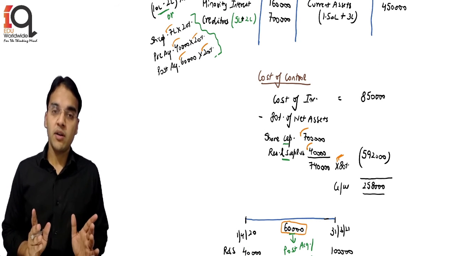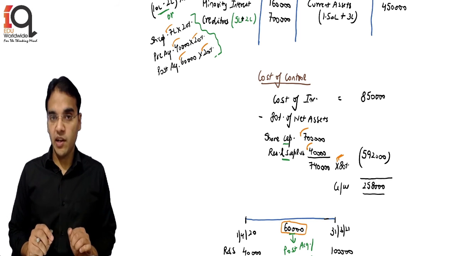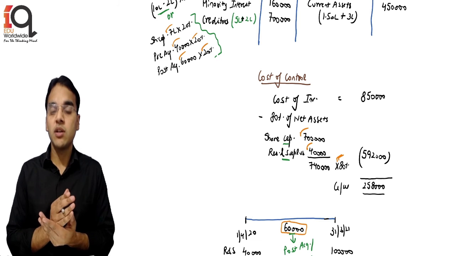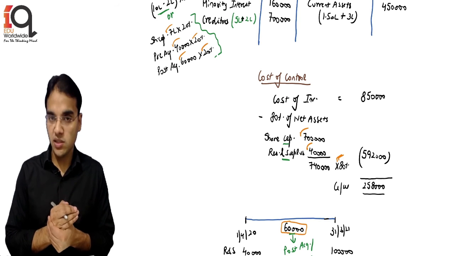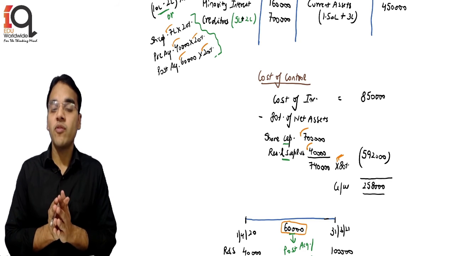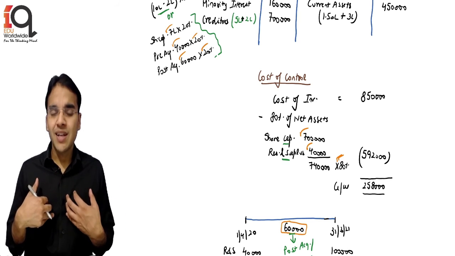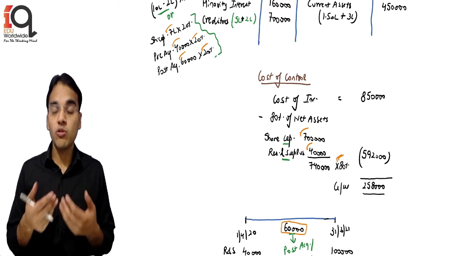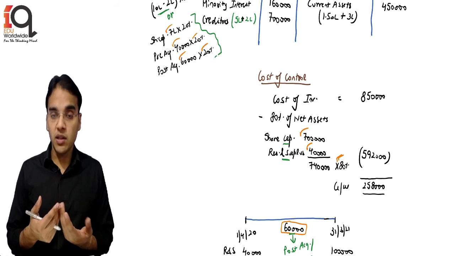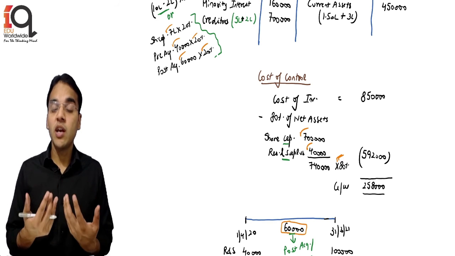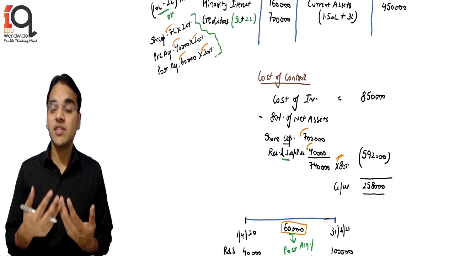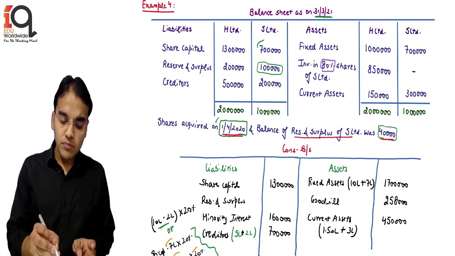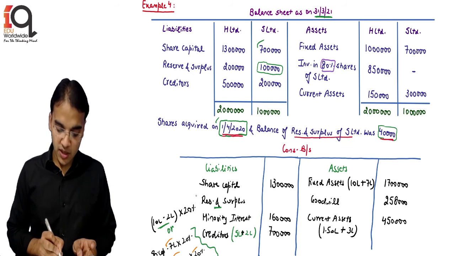Your minority interest. But the remaining 80% value, the profits which are earned after the date of acquisition and the share of holding in the same, is nothing but the revenue profits of the holding company, because these profits are earned by the subsidiary company post the acquisition. So they will be put in the value of the reserve and surplus of the holding only.